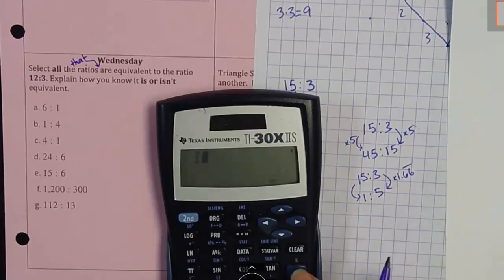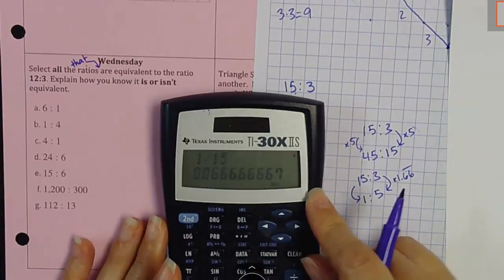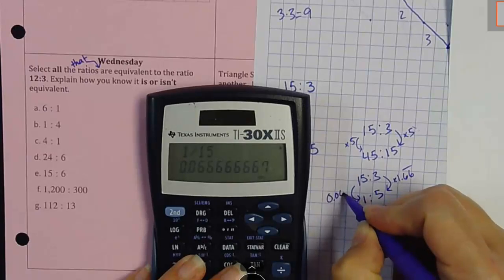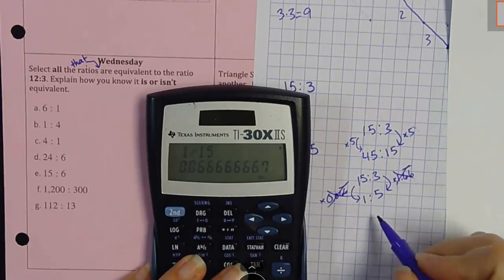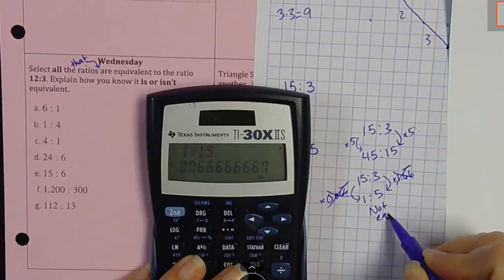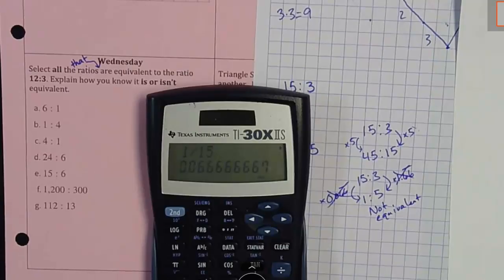So here, 1 divided by 15. Ooh, is that the same number? Nope, 0.066 repeating. Not the same. Are these equivalent? No, not equivalent. Okay, that shows it. And I can keep looking through each one like that, but if you hung around this